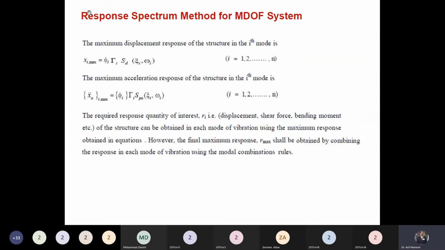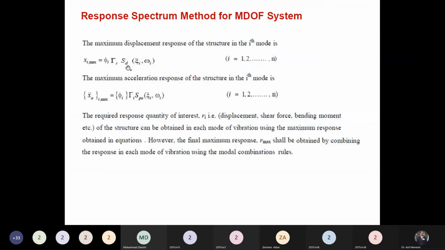Yes sir. So that maximum displacement response of the system, it was a function of zeta and T. Damping ratio and the time period. Time period, angular frequency and circular frequency have a relationship. So again, because we have uncoupled the equation of motion, we can see the maximum response of the system having a certain damping ratio and time period from the response spectrum. So previously maximum response was equal to SD. SD is the function of zeta and omega, or zeta and T.